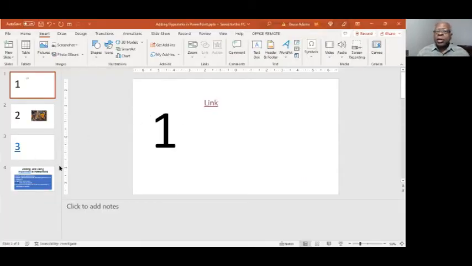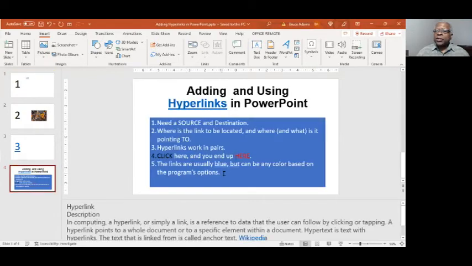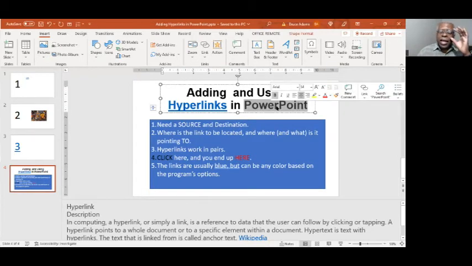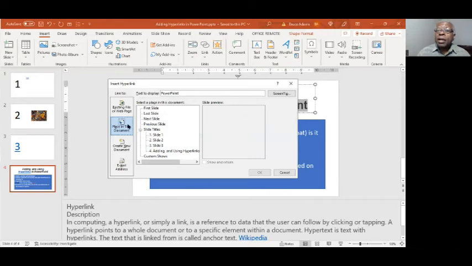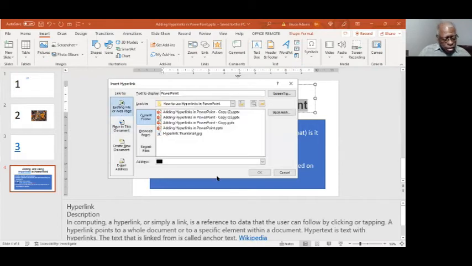Okay, our last example, on slide number 4, we have some text here. I already have this one established, but let's change the word PowerPoint. Not change it, but we want to hyperlink the word PowerPoint to the website cnn.com. So you'll just press Control K, go to Existing Web Page, put in your URL address, and if everything is right,